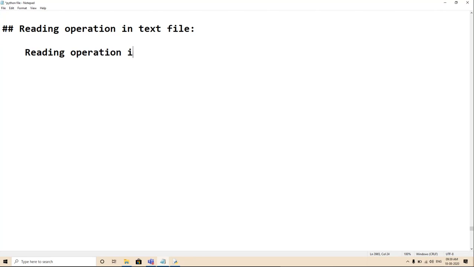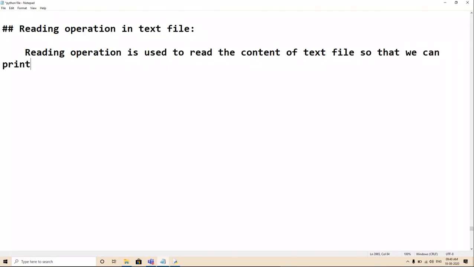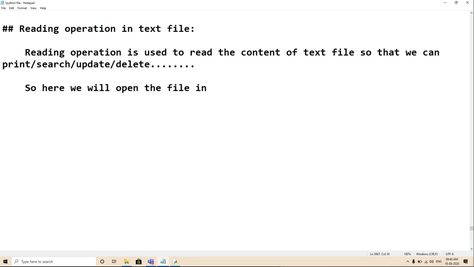Reading operation is used to read the content of a text file so that we can print, search, update, delete. Fine. So here we will open the file in R mode.